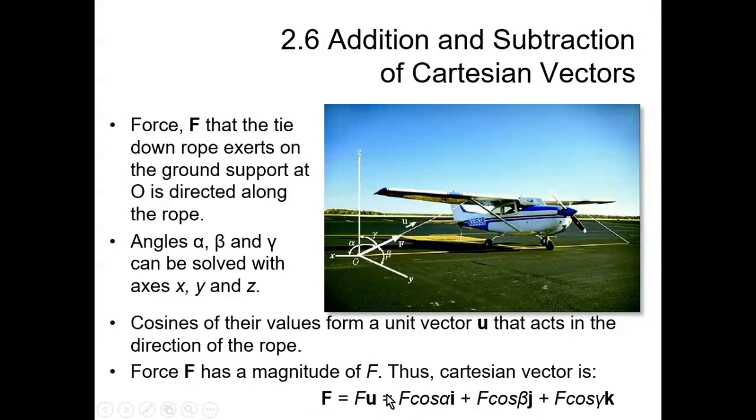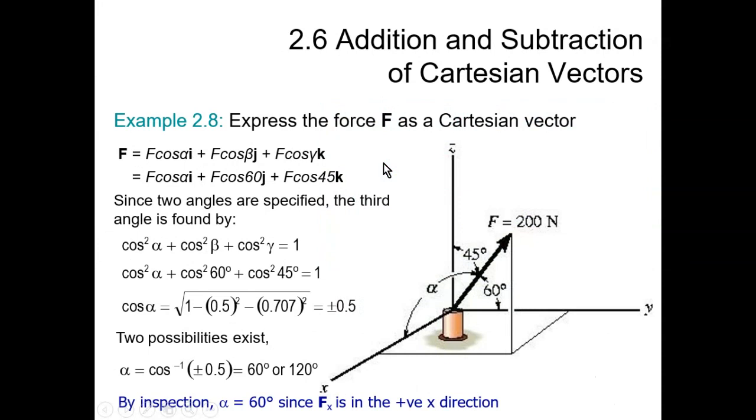Magnitude multiplied by the unit vector. Where do I get the unit vector from? I get it from the position vector. So let's do some exercise. Here, we want to express that force